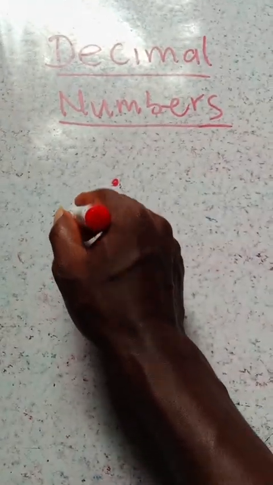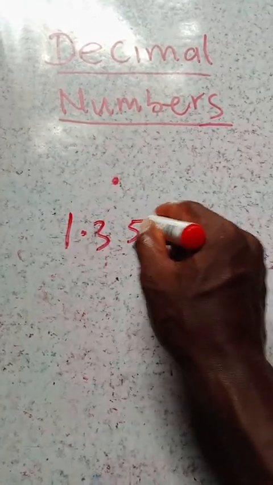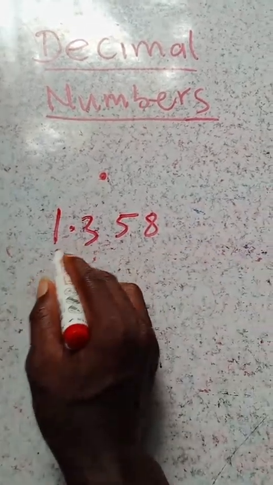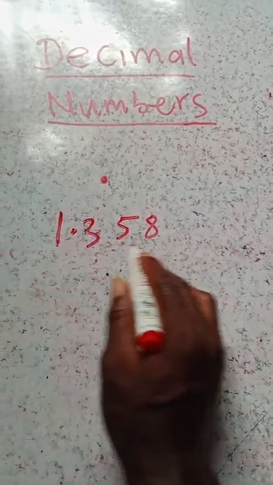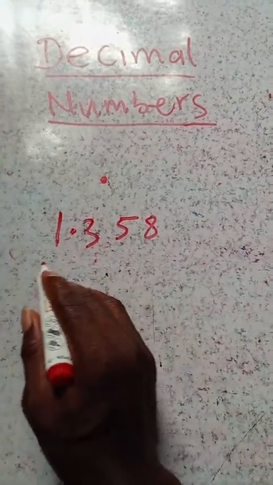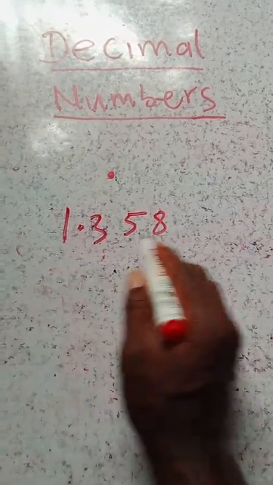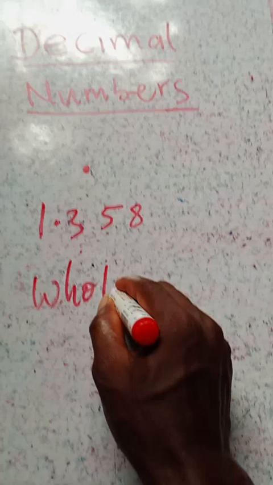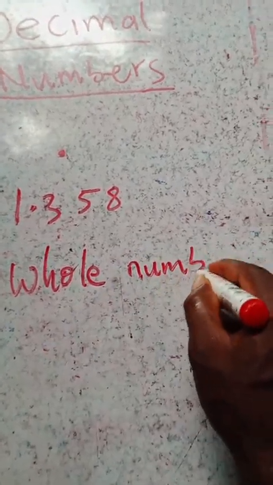For instance, if I have 1.358, it contains a decimal point, therefore it's called a decimal number. So that is what a decimal number is. Now, in a decimal number we have what we call the whole number, and